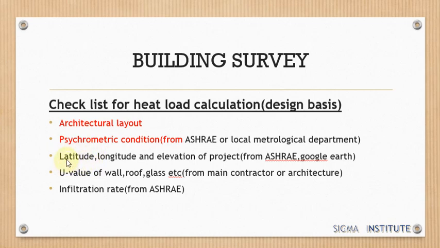But what is the purpose of finding this? With the help of latitude and longitude, we can find the intensity of the heat. Suppose we are living in one place and the latitude over here is 24 degrees. The heat gain depends on the latitude. And suppose we are living in some other place like India or Pakistan, the intensity of heat gain will depend on this latitude while doing the manual calculation.